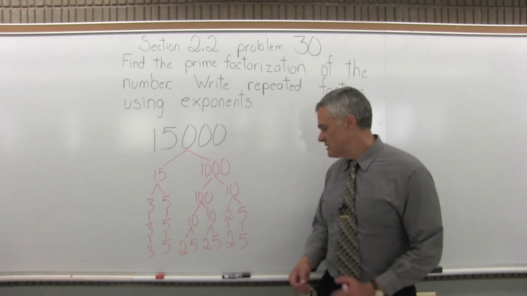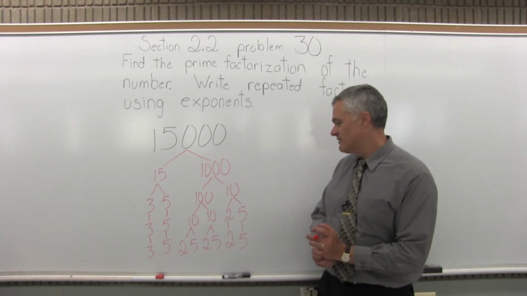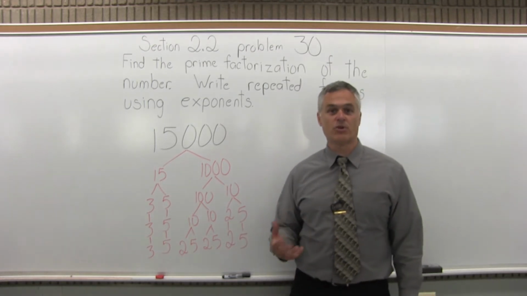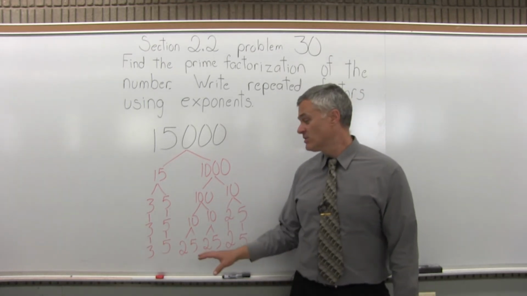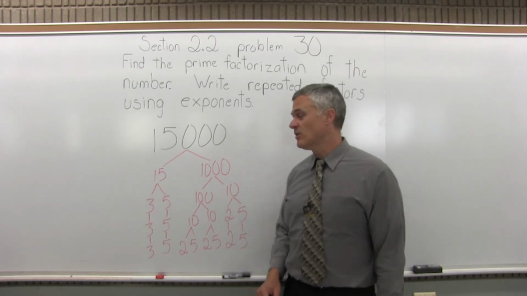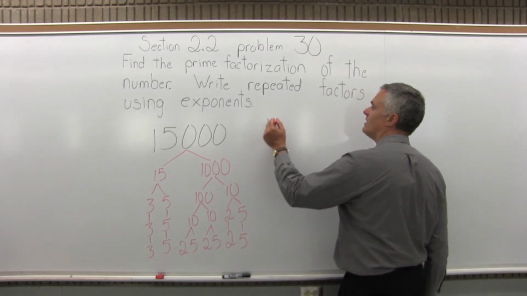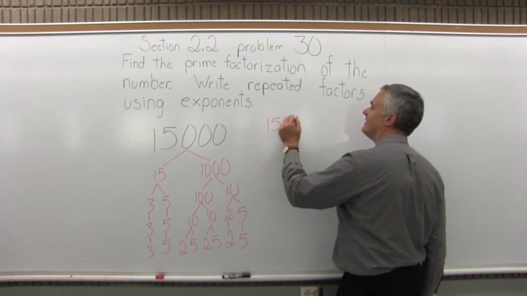I have many 2s, I have just one 3, and I have several 5s. So now all of those are prime numbers. So I've gone as far as I can go. Everything's prime. Nothing will split anymore. So the prime factorization, I have 15,000